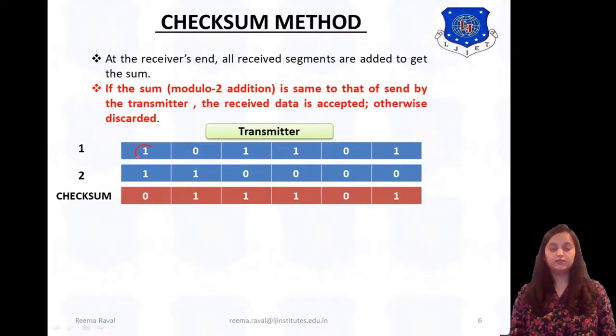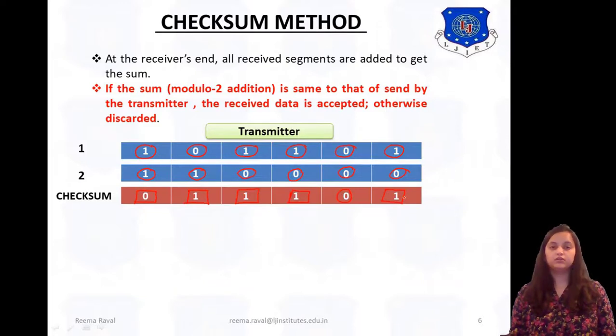Okay, so as you can see, it is an XOR addition. So here 1 XOR 1, that means for the same value the XOR output will be 0, and for different inputs the output will be 1. So for 0 XOR 0 the output is 0, and for 0 XOR 1 the checksum will be 1. Similarly, 1 XOR 0 will give 1. Then 1 XOR 0 will give the checksum 1. Then 0 XOR 0 will be 0. Then 1 XOR 0 will be 1. So this is the checksum produced at the transmitter.